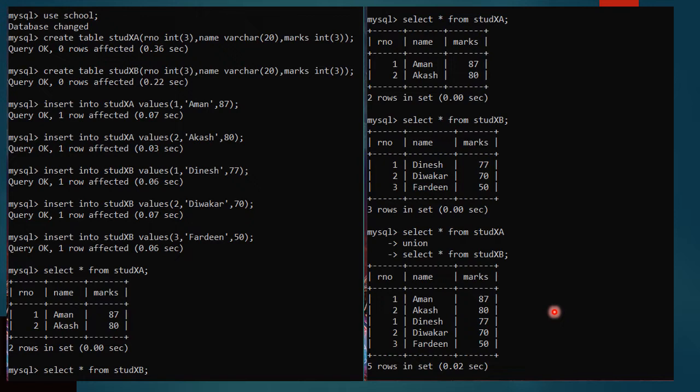Now to explain union all, what I have done, I have inserted one more row in student 10th A, and that row contains same data as of third row of student 10th B. Let us see next slide.